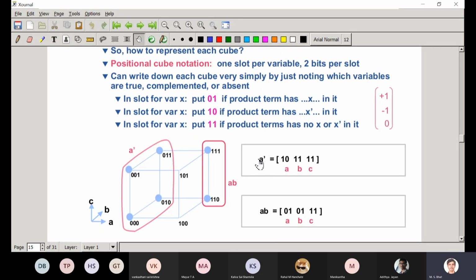Since this is A bar, put 1, 0 if product term has x bar in it. So this is A bar, so 1, 0. In this product term, you don't have B or C. So B is denoted by 1, 1. C is also denoted by 1, 1. So A bar is represented like this.